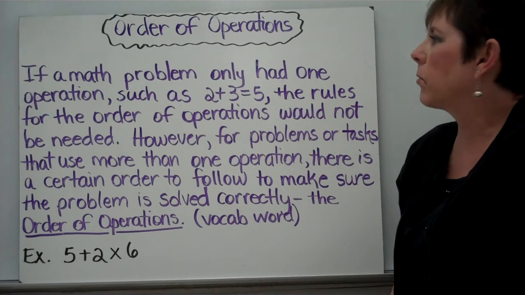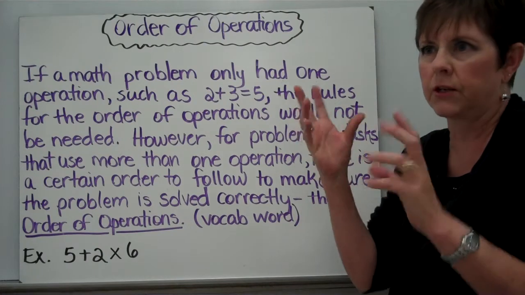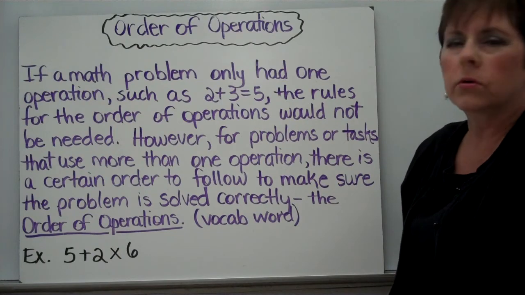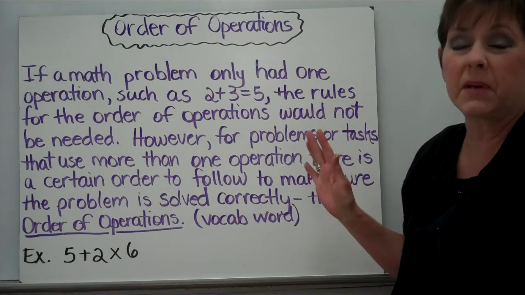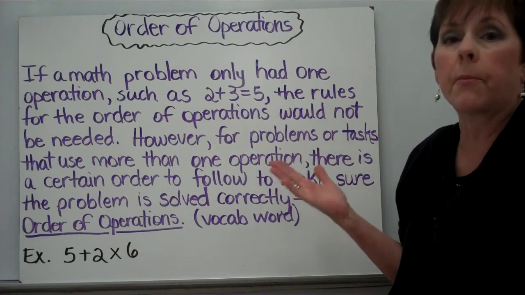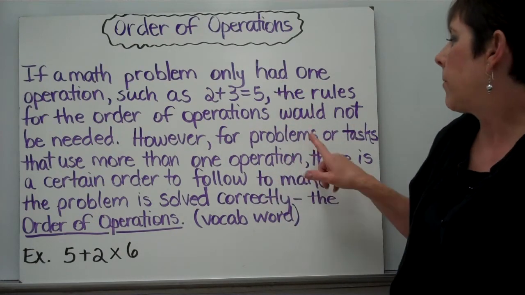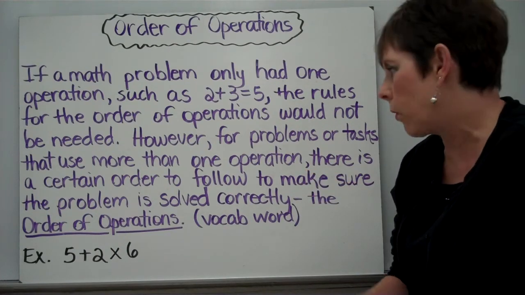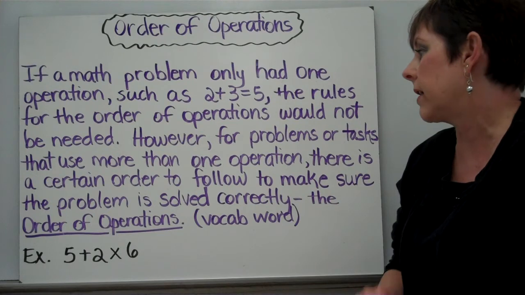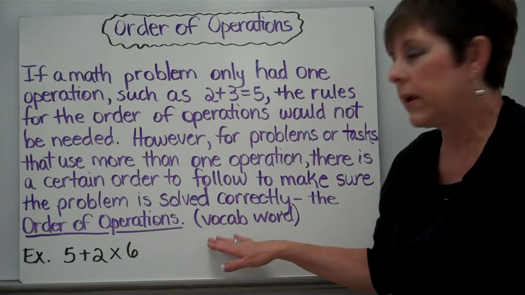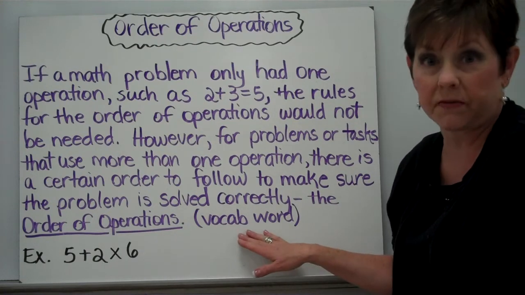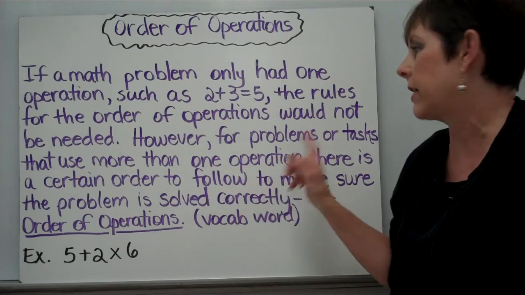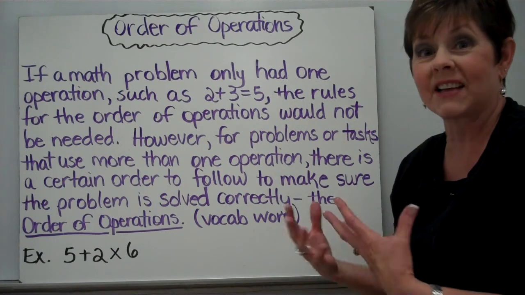If a math problem only had one operation, like 2 plus 3 equals 5, the rules for the order of operations would not be needed because you only had one operation. But for problems or tasks that use more than one operation, there is a certain order that you follow to make sure that a problem is solved correctly. And we call this the order of operations. That's a vocabulary word, okay? And that is the certain order that you follow to make sure that the problem or the task is solved